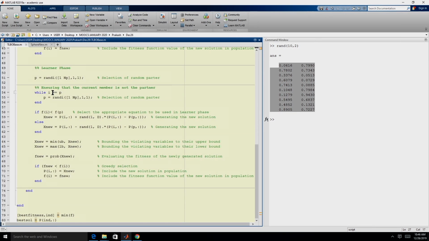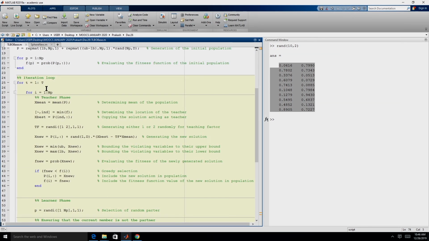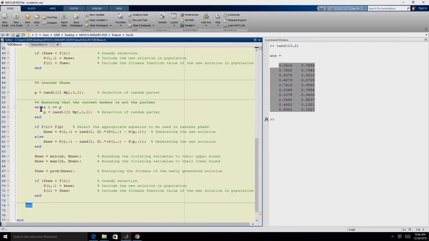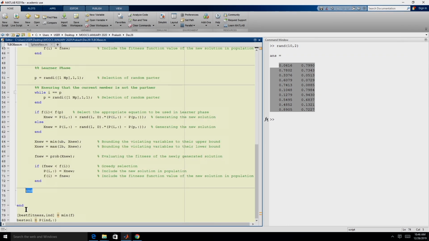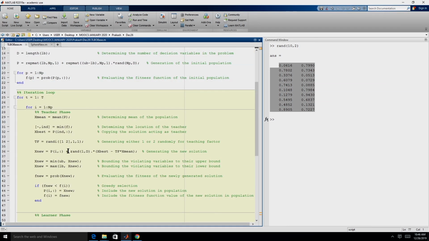That for loop is getting over at 74. So, whatever is between line 27 and 74 will be executed for NP times, right, and whatever is between line 25 and line 77 will be executed for t times, right. So, we have these two loops, the outer iteration loop and the inner population loop, right.